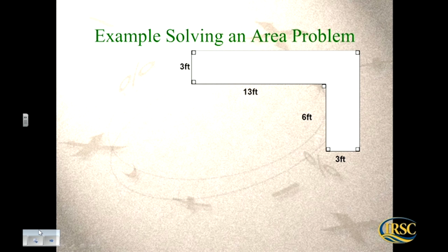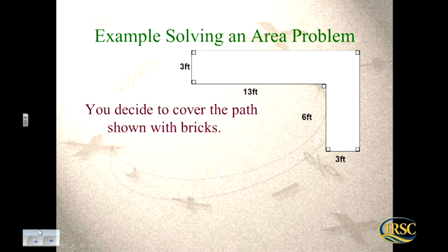Now, again, you're going to be given irregular shapes where you have to find the area of those irregular shapes. And the best way to do that is to split it up into shapes that you know. Now, there's a couple different ways that you can split this up. Now, one reason you might be looking for the area of this shape is saying you want to cover this path with bricks. Because you're covering the path with bricks, it's the inside part, right, what you're doing,